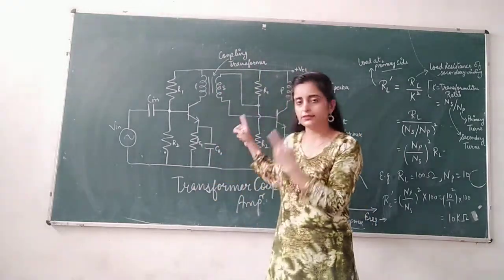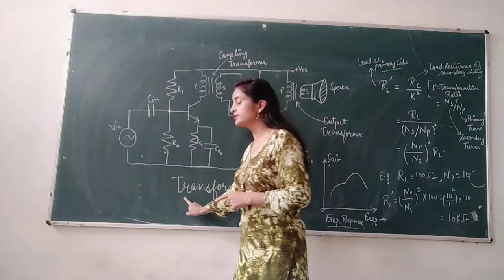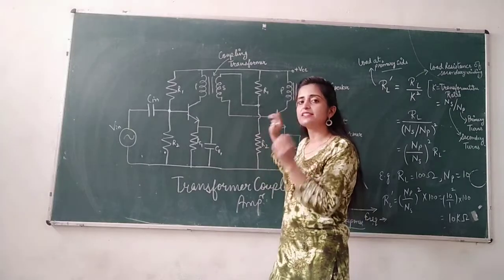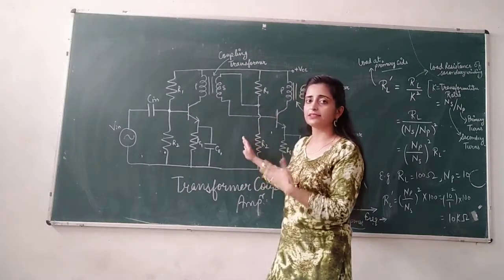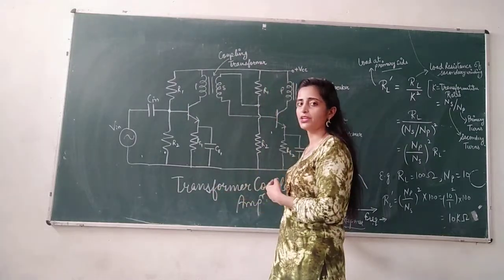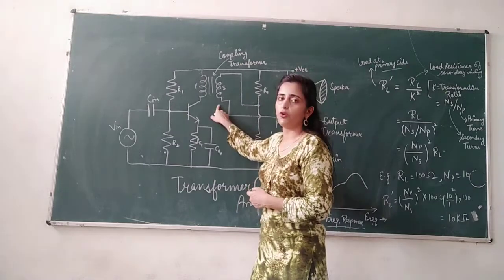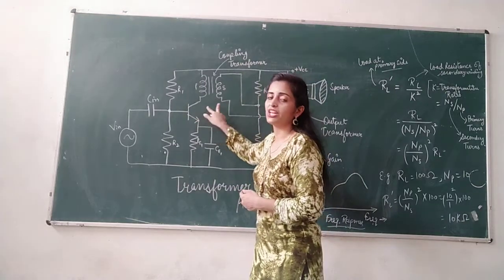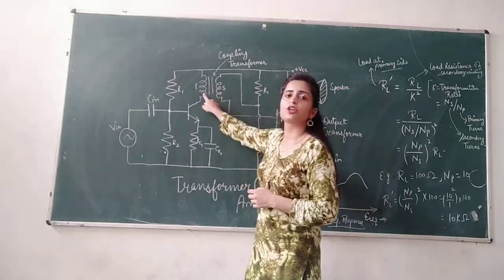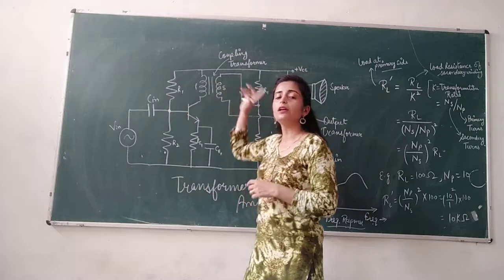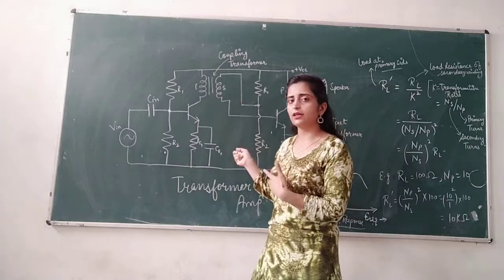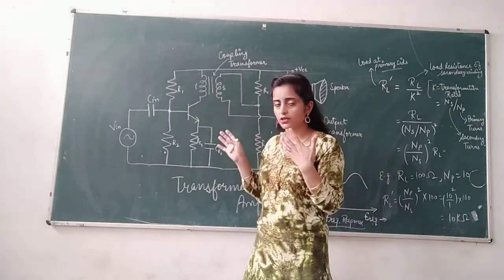Here in this particular amplifier, the transformer coupled amplifier, we have specially designed this circuit for excellent impedance matching, as it is the property of the transformer to match the impedances by just adjusting the turns ratio, the primary to secondary turns ratio of the transformer. So let us discuss this circuit. It was the brief introduction about the circuit. Now let us discuss